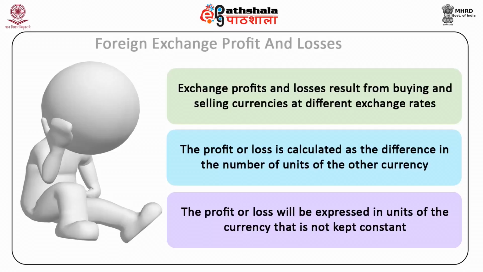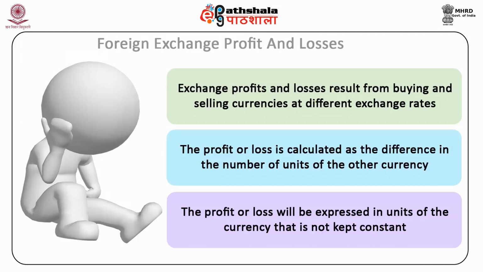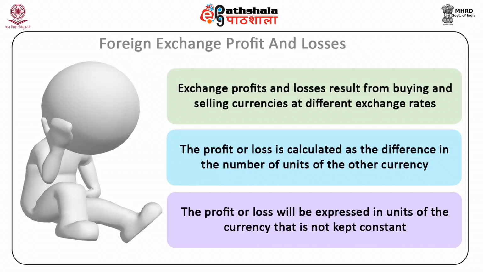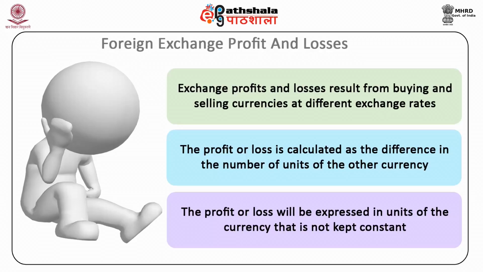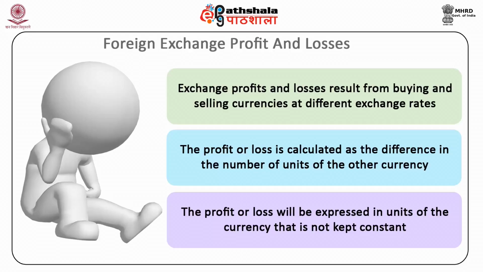Calculate the profit when 10,000 pounds sterling are purchased at a rate of 1 pound sterling equals 1.4450 US dollar and sold at a rate of 1 pound sterling equals 1.4451 US dollar. US dollar profit equals proceeds of sale of 10 lakh pounds sterling minus the cost